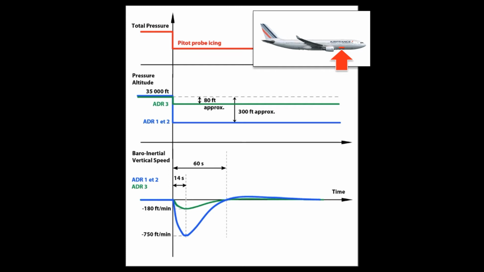This is normally nullified by means of a complicated algorithm which relies heavily on Mach number input. Lose the input, in this case as a result of the pitot blockage, and the error remanifests itself in a reduction of indicated altitude. In other words, with the blockage established, the indicated altitude would no longer have indicated 35,000 feet, but rather 34,700, with an instantaneous downward trend visible on the vertical speed indicator of about 700 feet per